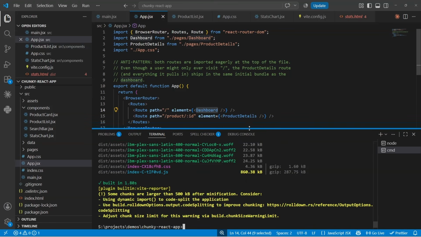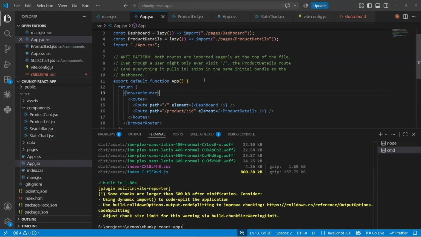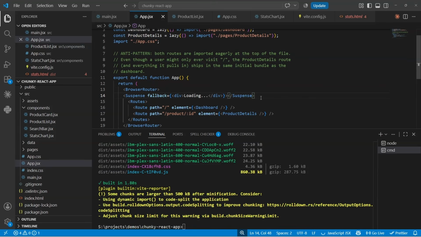So for that, let's scroll onto the top of the file. We will import lazy and suspense from the React library, and then instead of directly importing our components, we will use the lazy function to lazy load them. So we updated the import for our dashboard component. We'll also do the same for our product details component. And finally, for all of this to get applied, we will wrap our routes inside the suspense component